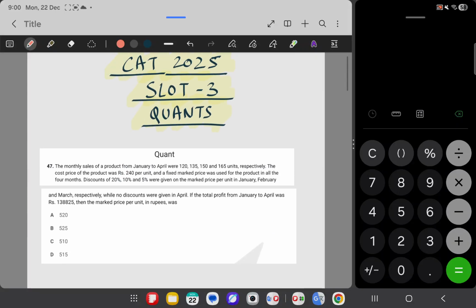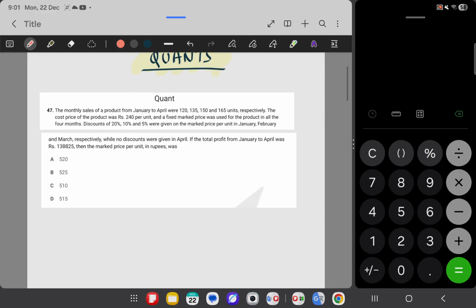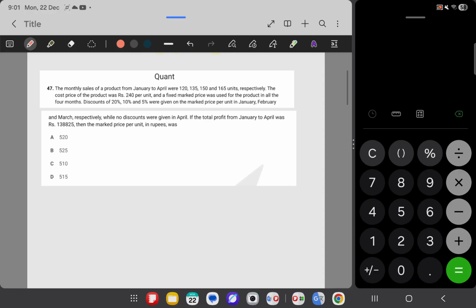Hi all. So I'm solving the PYQs of Quant from previous year's CAT questions. This question is from CAT 2025 slot 3 Quants, and I am picking it one by one, and let's see in how much time we can solve it. Not actually starting the timer, but